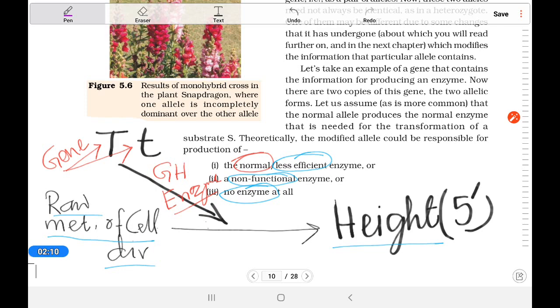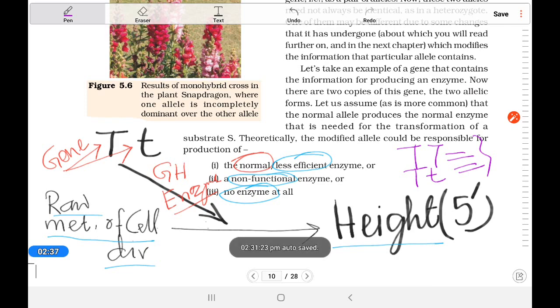Now here is the concept of dominance. Here is an explanation of the concept of dominance. We know that in dominance, when both dominant genes are there, the phenotype is a certain way, and when one dominant gene is there, the phenotype is the same. Why is it so? It should not be. It could be half or it could be double.